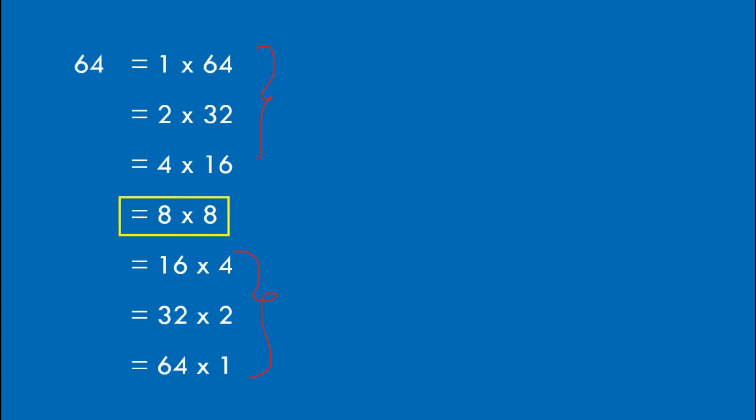So we need not check for repetitive factors. We are eliminating the repetitive factors by using the perfect square. 64 is a perfect square, 8 into 8. So 8 into 8 acts as a checkpoint for reversal of the factors.